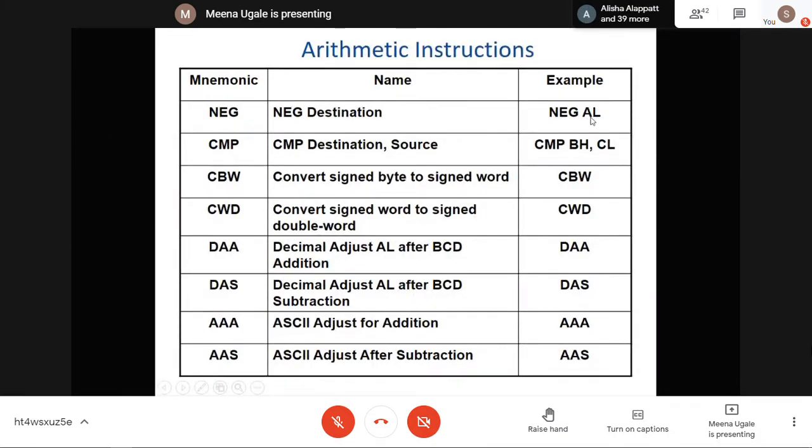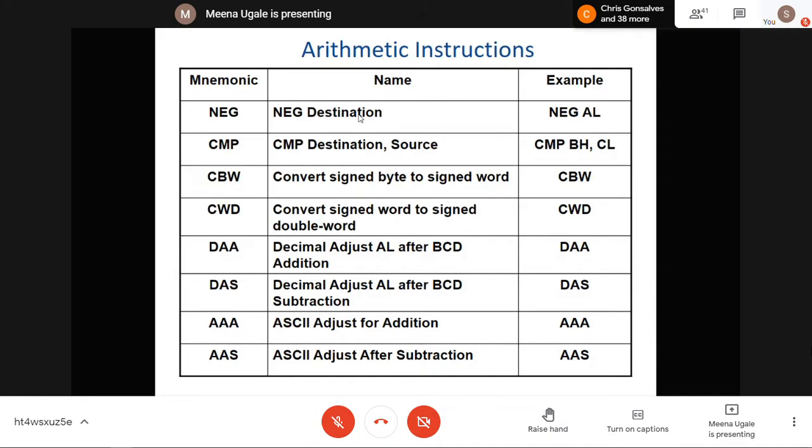What will happen? AL will have some 8-bit data, and after the negate instruction, the 2's complement of AL will be placed inside AL, because only one destination operand is there. So finally you are going to get the operated data, the answer after 2's complement, as you can see there.